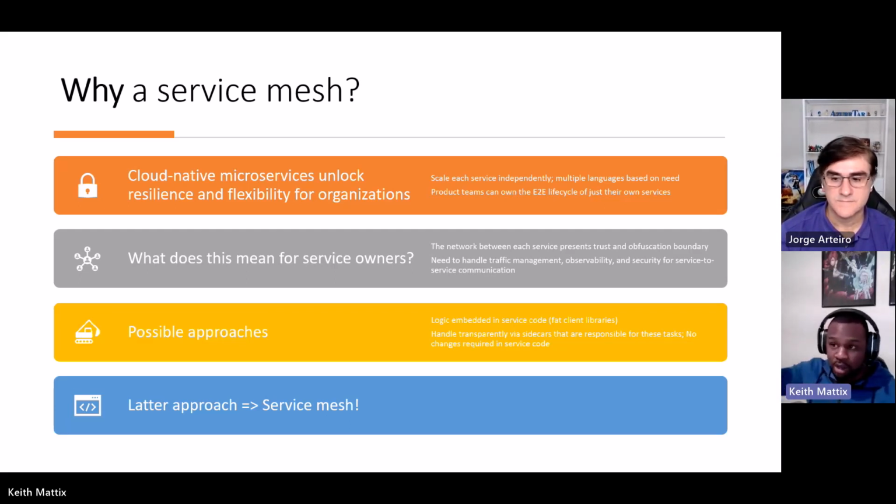It's just bytes on a wire somewhere. And so it's difficult to get that observability that we're used to when you're working in a monolith. There's now this need for these service owners to handle traffic management, observability, and security for their service-to-service communications. And so historically, there are a couple of different approaches that we see that service owners have taken to try